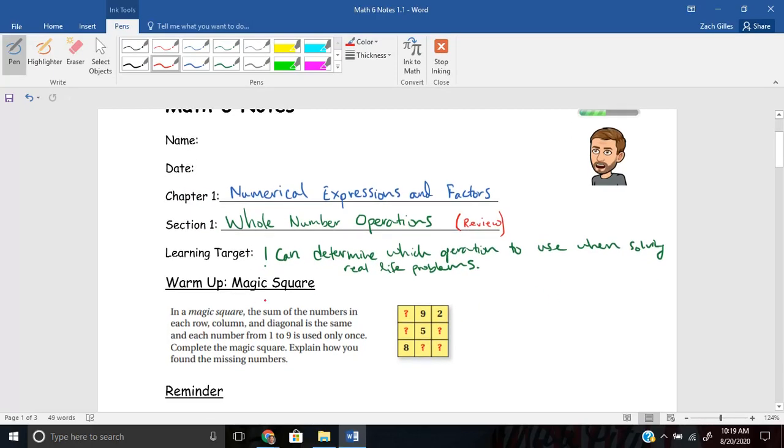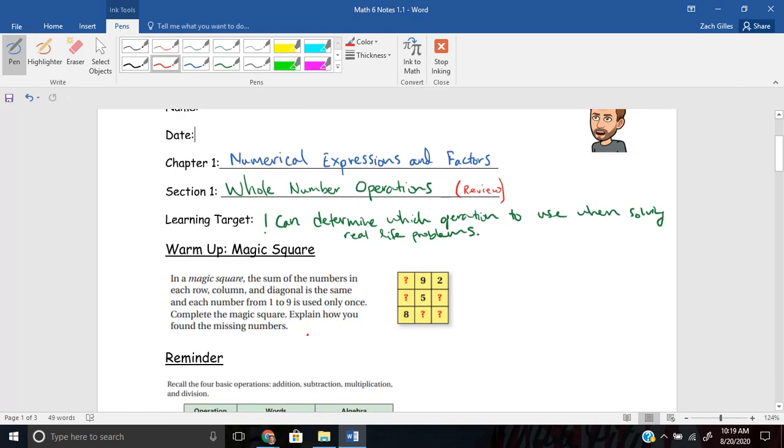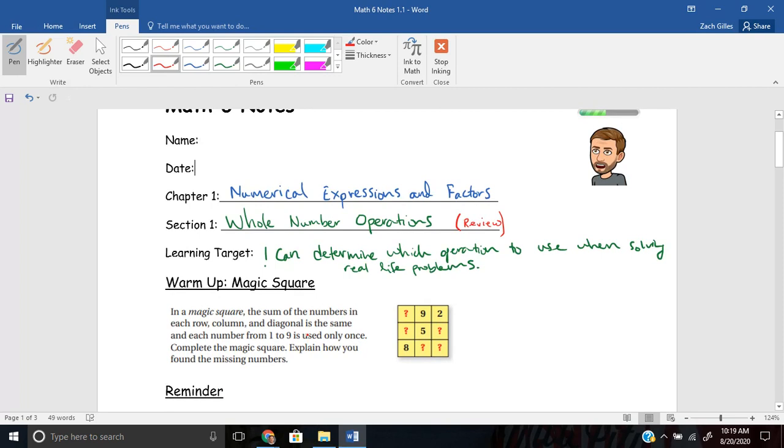So we have a warm up here, but don't forget to also include your learning target, which for today is: I can determine which operation to use when solving real life problems. So looking at a real life problem, thinking, do I need to use addition or subtraction or whatever it might be? Okay, so why don't you take a second here to look at our magic square, our warm-up problem of